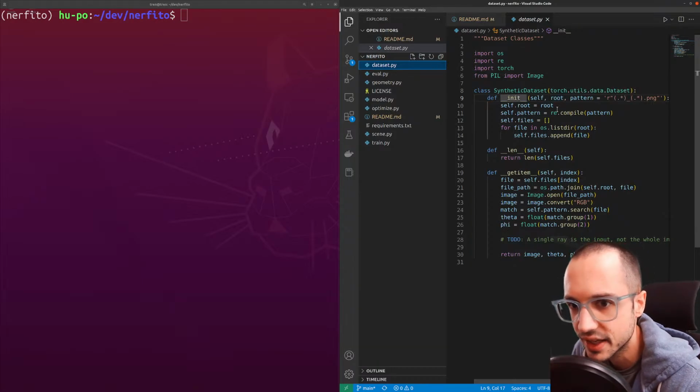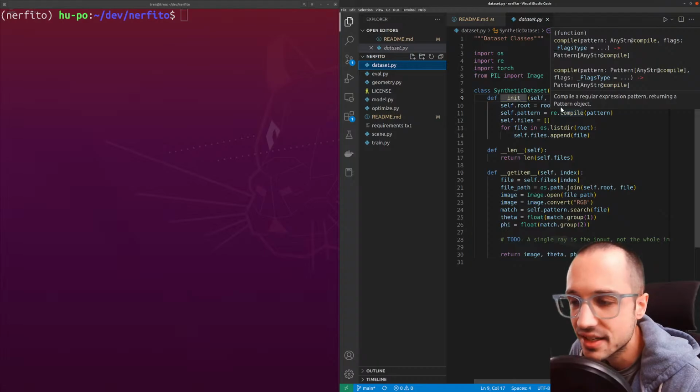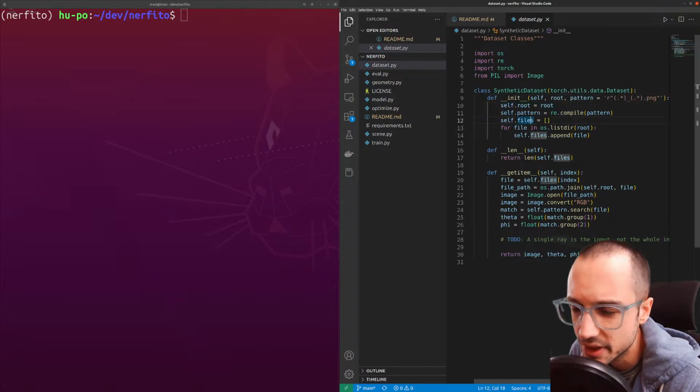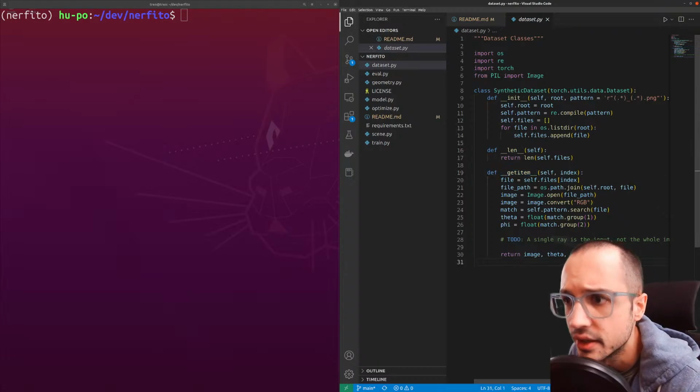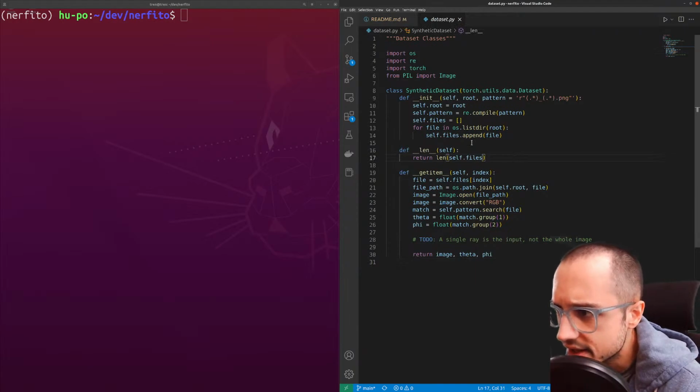A class is kind of like a struct. It's a way to organize data of a specific type. So there's different properties and so on, but then there's also these functions that allow you to take a synthetic dataset object and get, for example, the length of the dataset or an individual item from the dataset and so on. So one of the to-dos that I had here is that